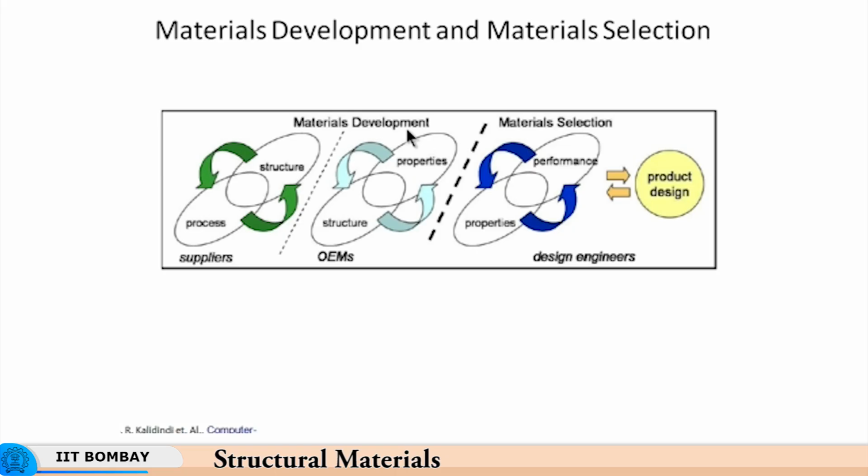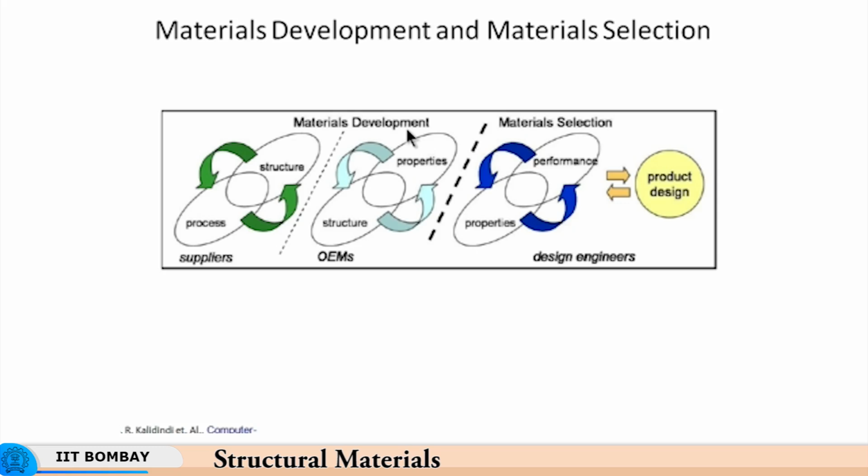So, this is what we mean by materials development, meaning you start with the performance and then you come back. On the other hand, if you have a material which has got a certain structure, let us say Inconel as a material, which is a high temperature material, it has got very good properties in terms of low DBTT, etc., being a face centered cubic material. So, it has very low DBTT, and it is also able to withstand relatively high temperatures.